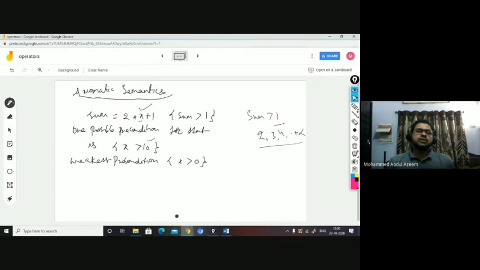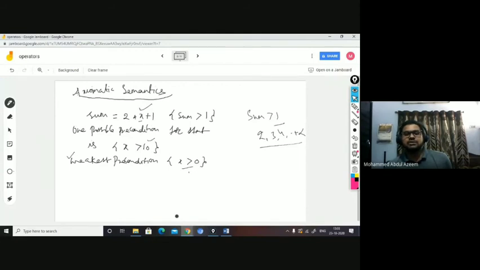Okay. Then what is weakest precondition? The weakest precondition is the one with the lowest value or the minimum value of the variables, or you can say the lowest precondition which can let the statement be executed to meet the postcondition. So I can say weakest precondition is the lowest precondition which can let the statement be executed with the postcondition being met. For example, x greater than 0, right?